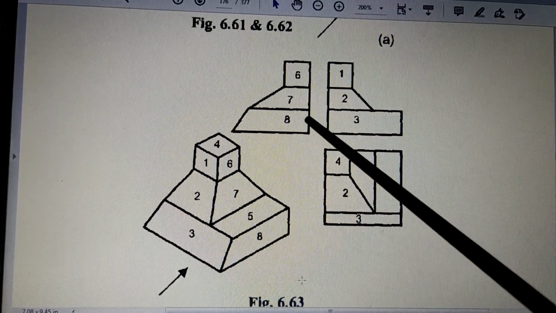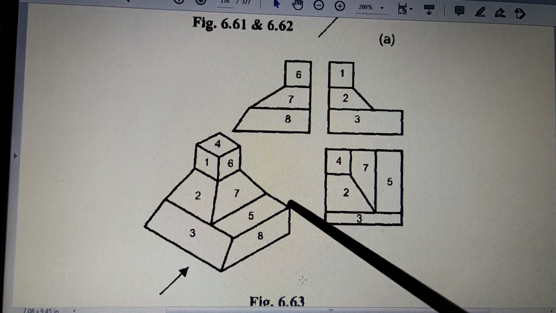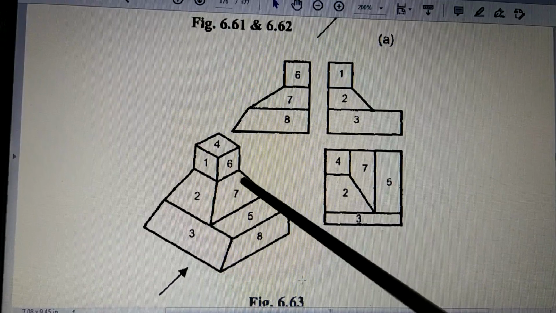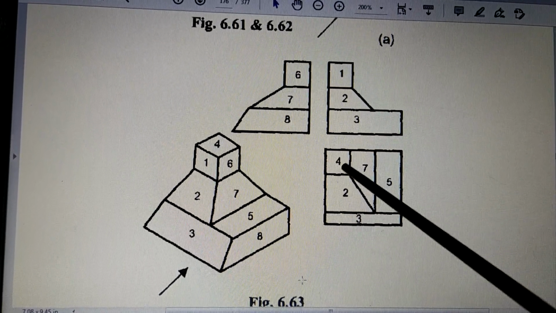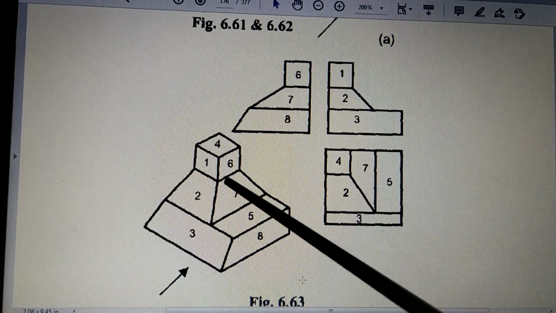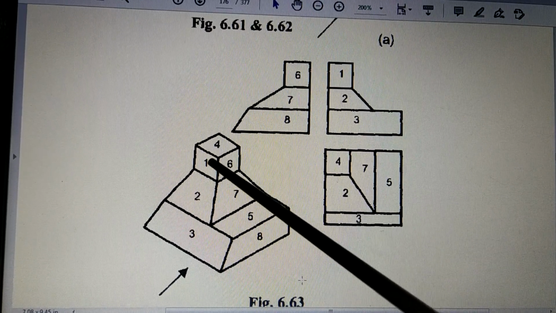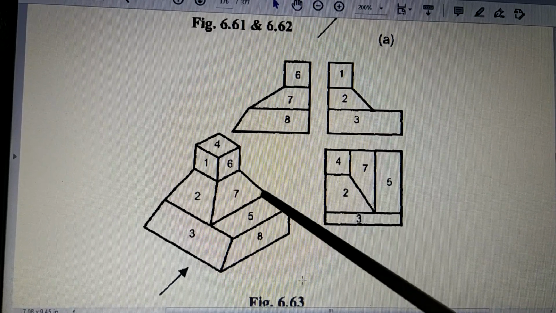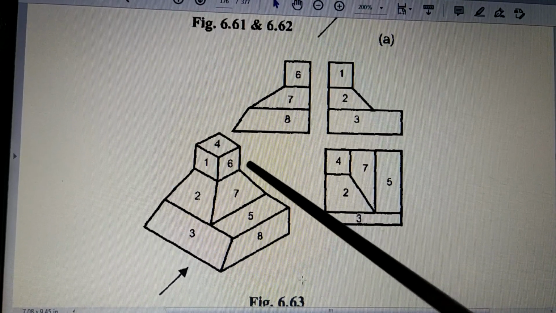See, here it is in one line. If it is in one line, then this line would have been parallel to this line. But that is not so. So this surface is also inclined. So that will in fact cause some changes even in this view. So what should have happened is, they should have drawn this entire box a little bit inside so that this line will be straight, and then this box should be formed over here.